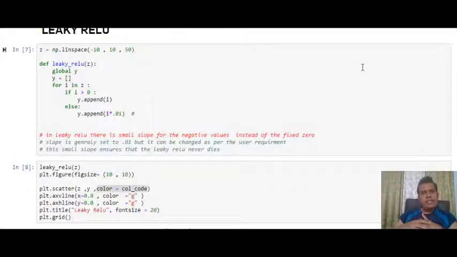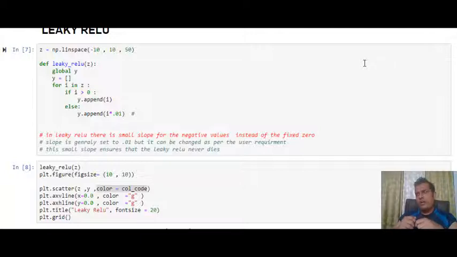In ReLU, whenever your x is negative, your y is equal to 0. Basically when y is equal to 0, it implies that there is no output. When output is not generated, there may be a scenario where your neural network may die down, or your network may stop training. So in leaky ReLU, we wish to generate the output, or your y value, even for negative values of x also.